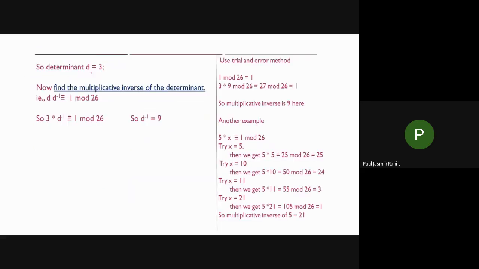So in order to find out the D inverse, you all know we got D value was 3. So this is the rule to be followed for your D inverse. This is another method to find out a D inverse. So this is a rule, that is D into D inverse is congruent to I mod 26. Okay, so how we can find it, I have done that in your rough column, that is using trial and error method. So listen here, I mod 26 is equal to 1.